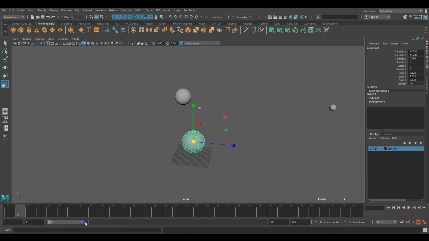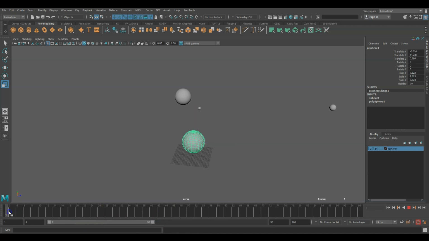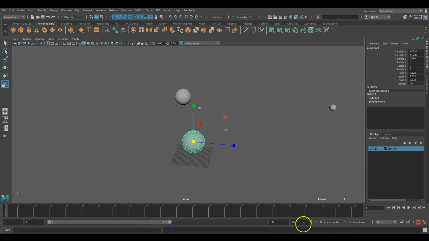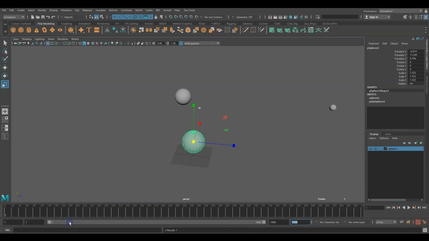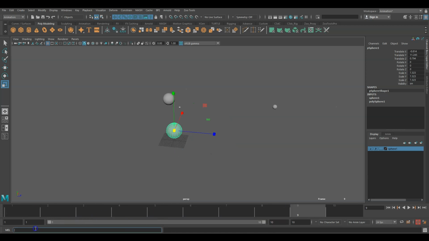This is very useful for animation. We'll do animation using the timeline and time slider. You can take any number of frames. You can take 1000 frames. Then we have the command line. We'll go into this later.